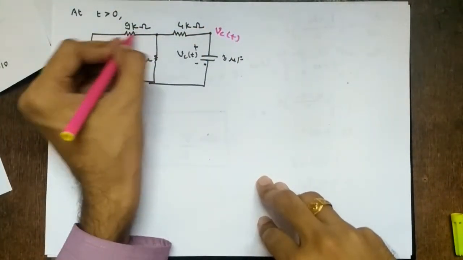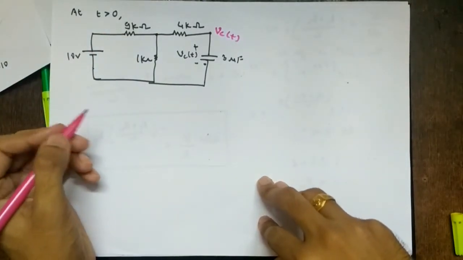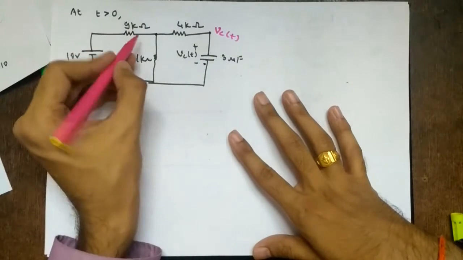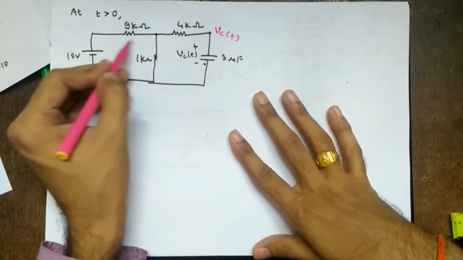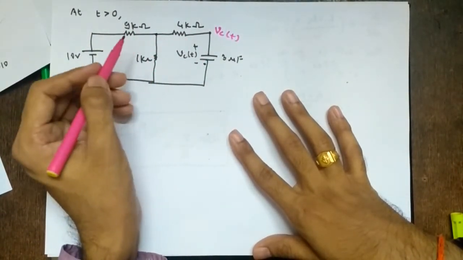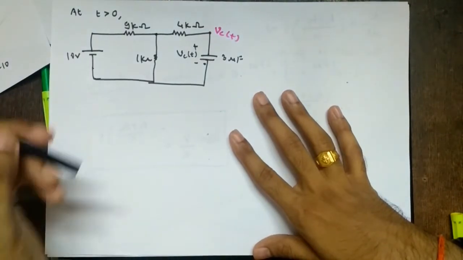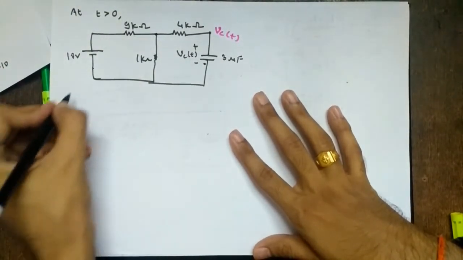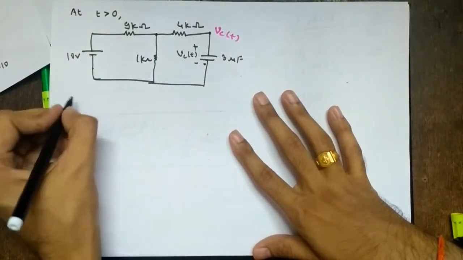But here in this case you are seeing there are two nodes. So you will require two equations for KCL, right? So what you can do is, this has only one source. So the whole circuit has only one source. So Thevenin's equivalent will be a simpler method than KCL because you can do it in one step only. And there is no dependent source. That is why this is simple.